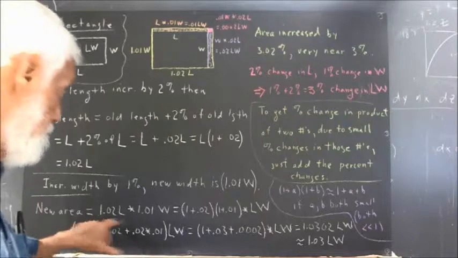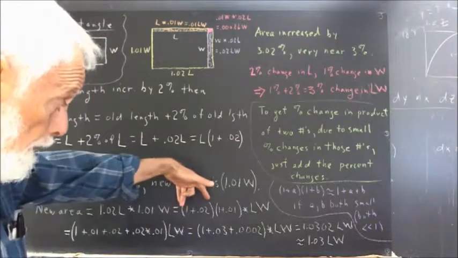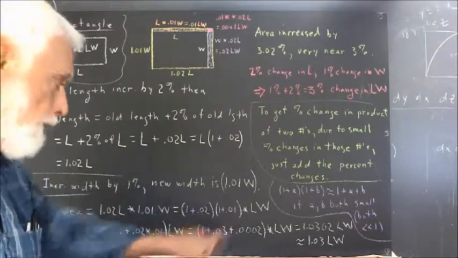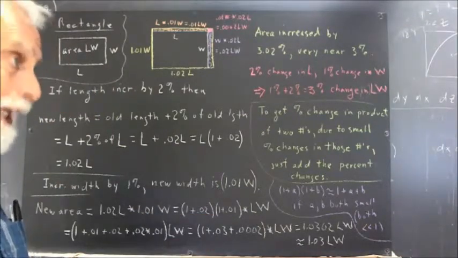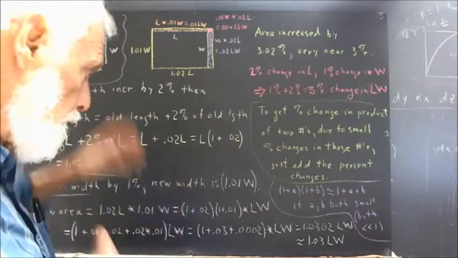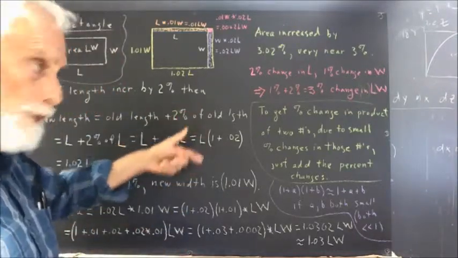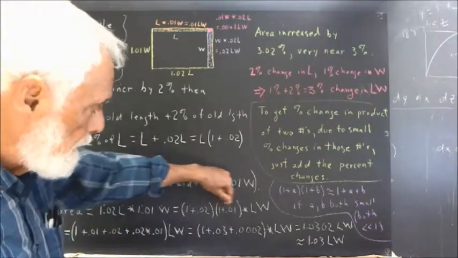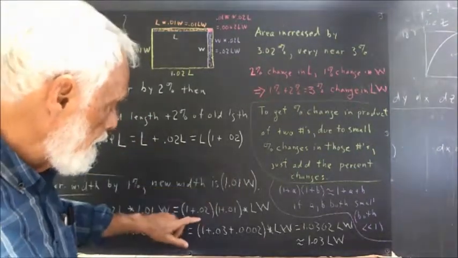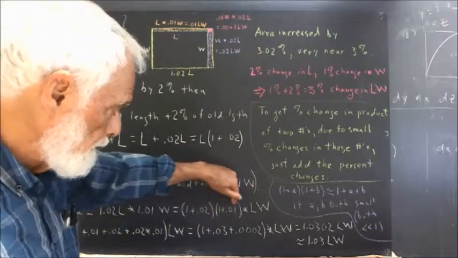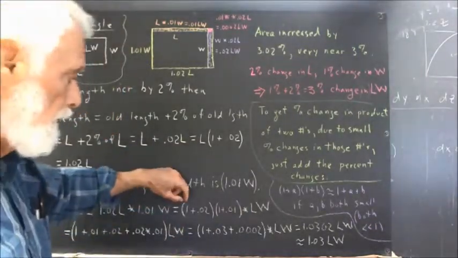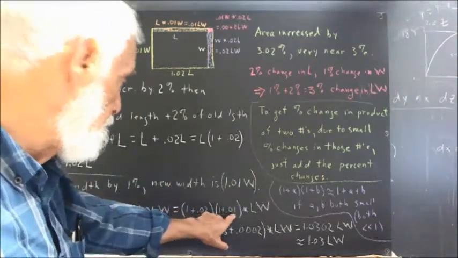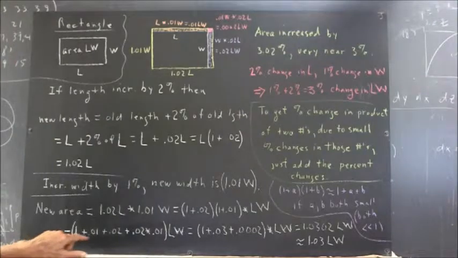So we break the 1.02 and the 1.01 back down into 1 plus 0.02 and 1 plus 0.01. And then we multiply these as binomials, not using that FOIL thing, but using the distributive law, which is what we need to understand. 1 times 1 plus 0.01 plus 0.02 times 1 plus 0.01. Now 1 times 1 plus 0.01 is 1 times 1 plus 1 times 0.01, which gives us 1 plus